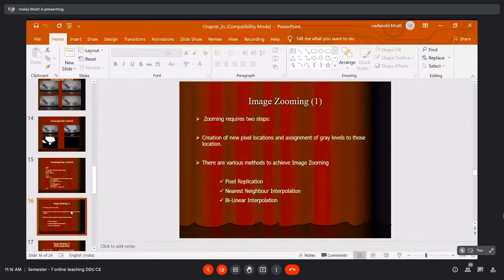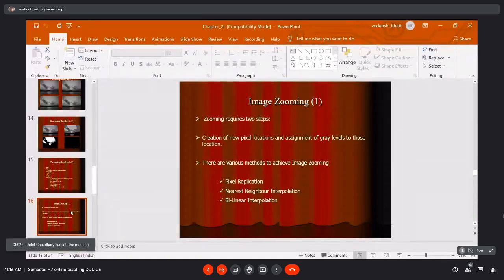Now here we want to zoom the image. As we want to zoom the image, we have to add more detail because it is actually not present in the image. When you take an image and you want to zoom it, the details are not available, and you want to add the details into an image. So how can you do that?